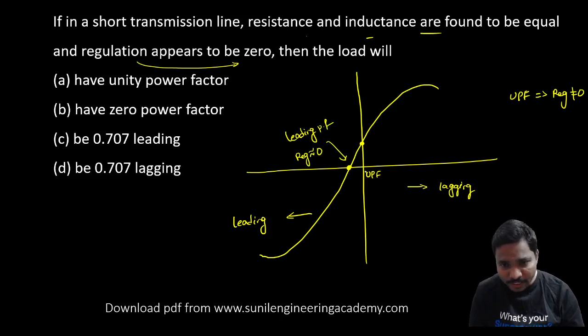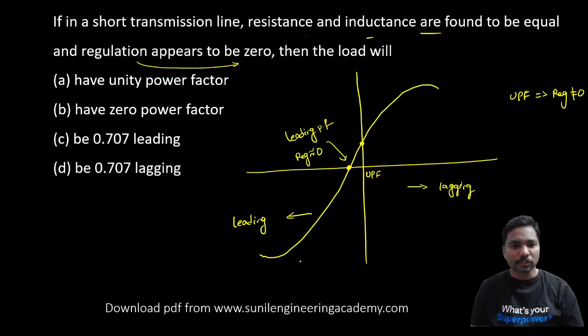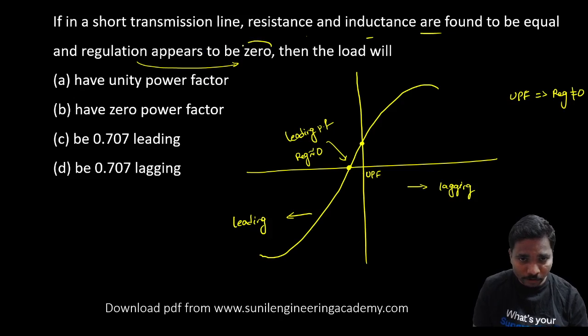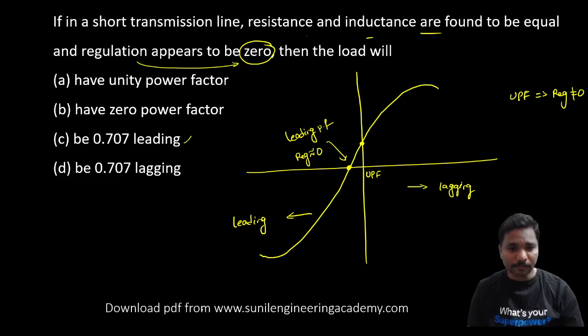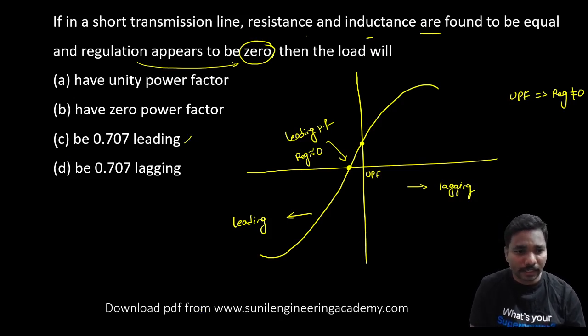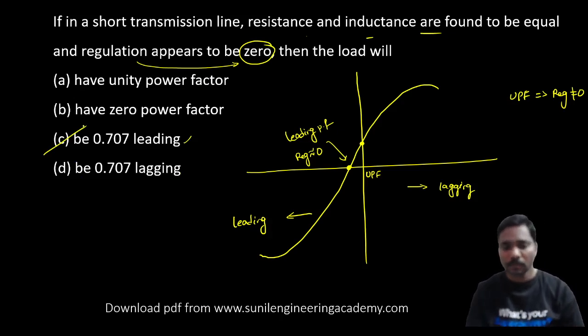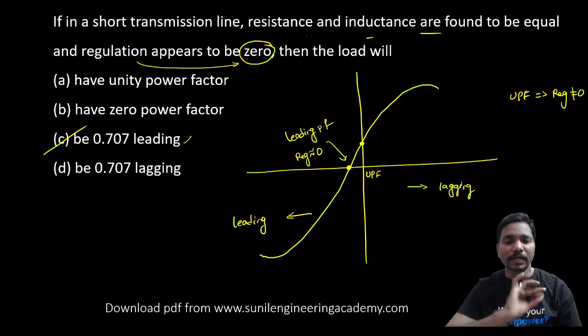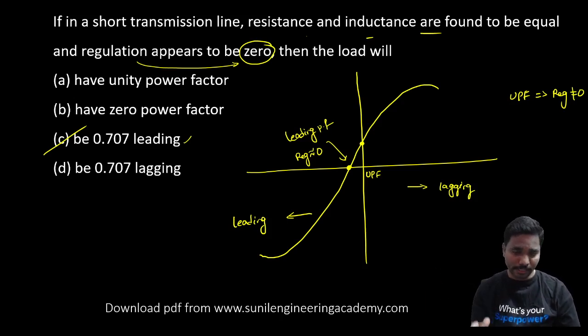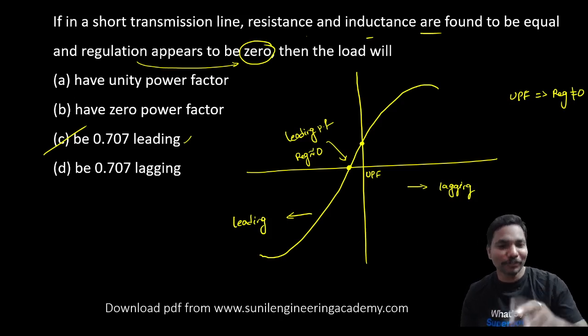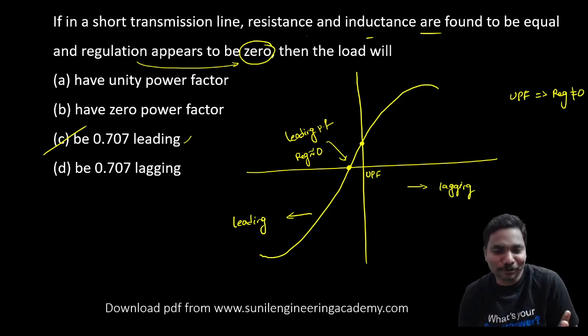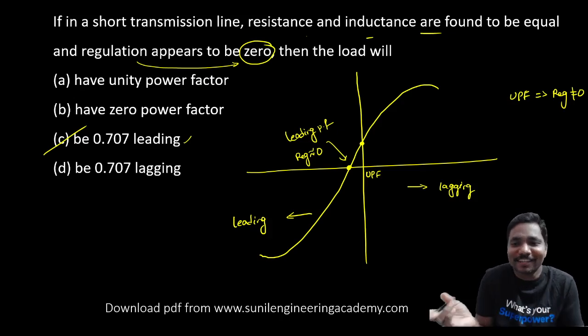So very near to unity power factor. So the regulation is zero in case of only leading power factor. Only one option we have. So directly we can go with option C. All of you clear? No need of any calculation. Here the examiner's meaning is this only. All of you getting it, a very easy question, na? If we know the answer, then it is a very easy question. If we don't know the answer, it is not an easy question.